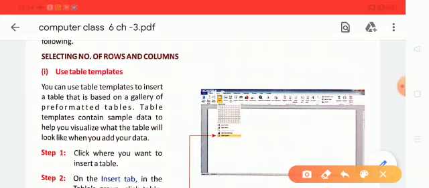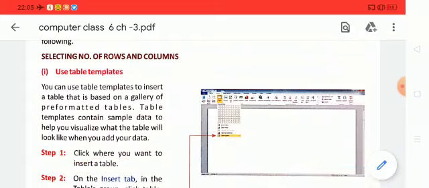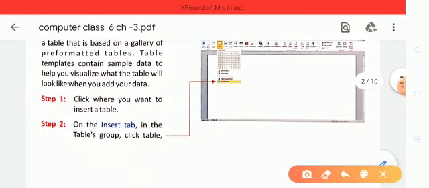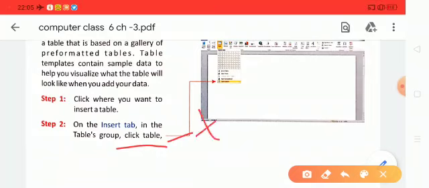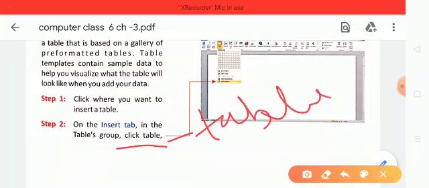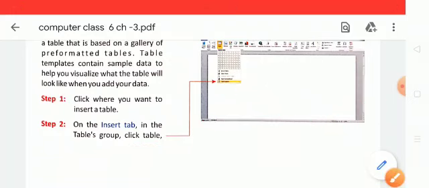In step number 1, click where you want to insert a table. Suppose we are clicking here. In step number 2, on the insert tab, in the table group, click the table option.